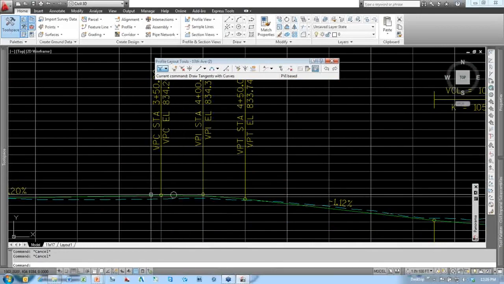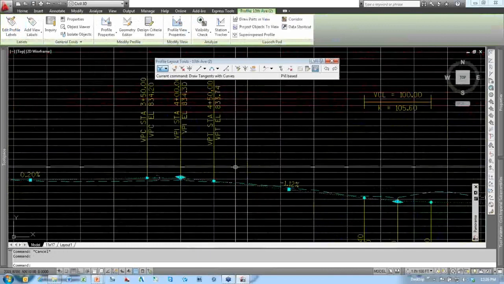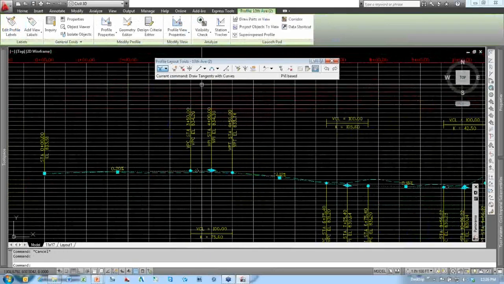Alignments and profiles in Civil 3D. If you haven't used them yet, they're very nice to work with, very easy to work with. There's a myriad of other tools in here. For example,